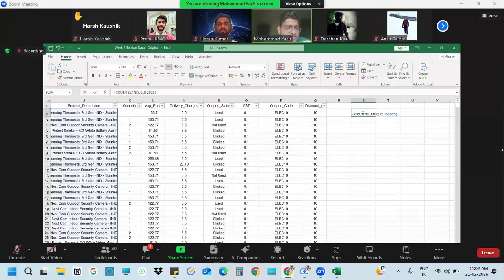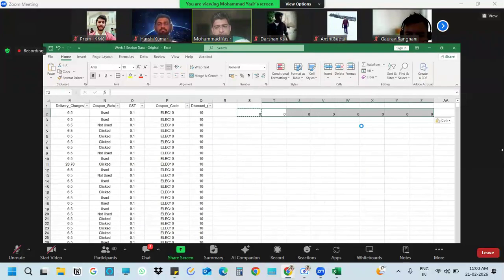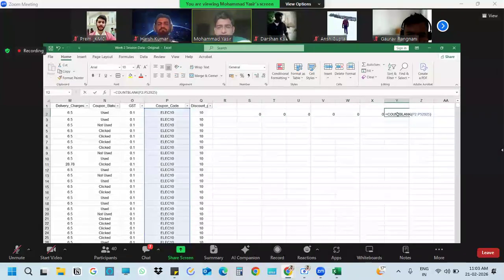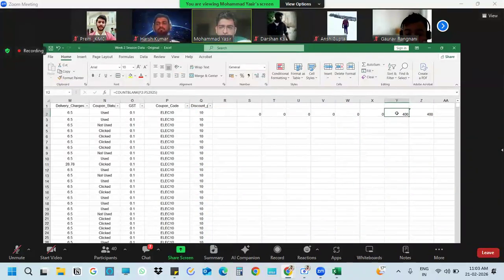I checked product description, and it does not have any blanks at all. I took the range from the second row to the end of the data set, 53K. Next I can just drag it across, and I will be able to see in which columns I am getting nulls. So coupon code and discount percent have 400 rows where there are blanks.